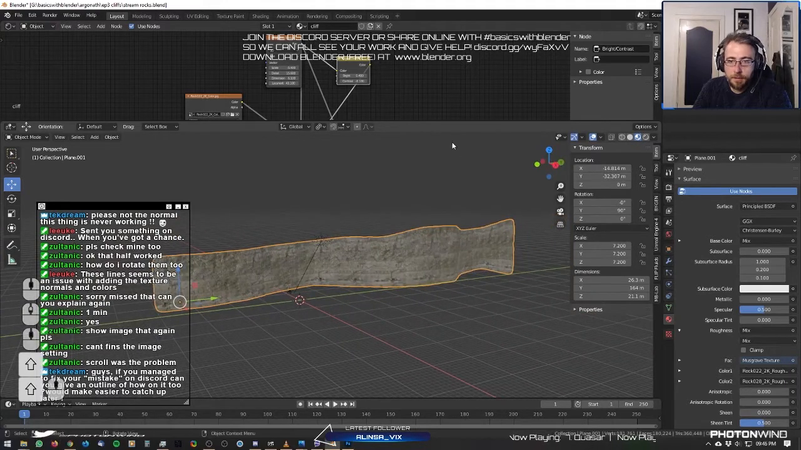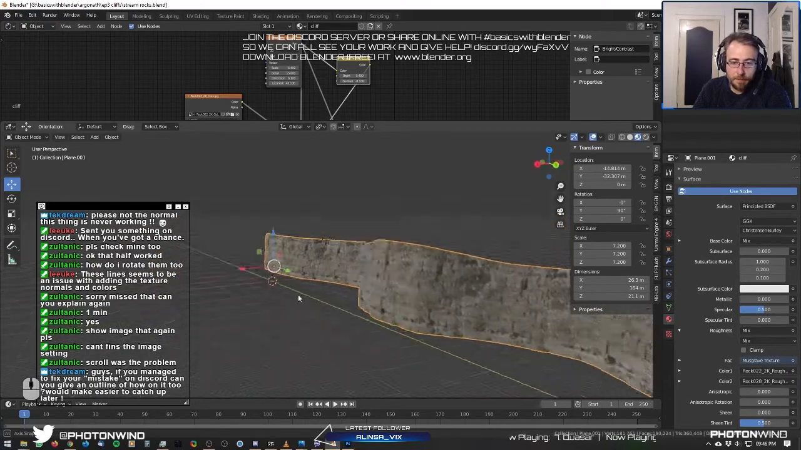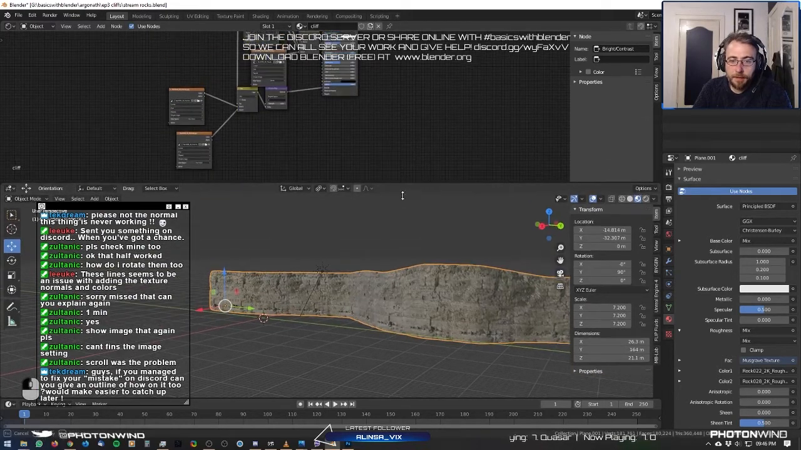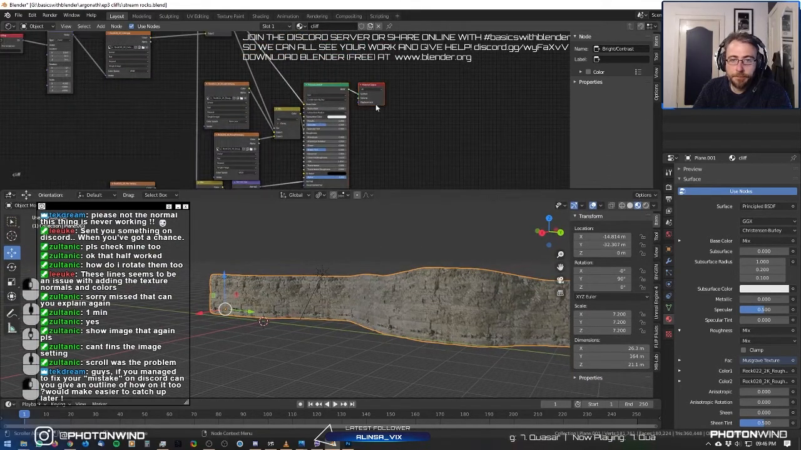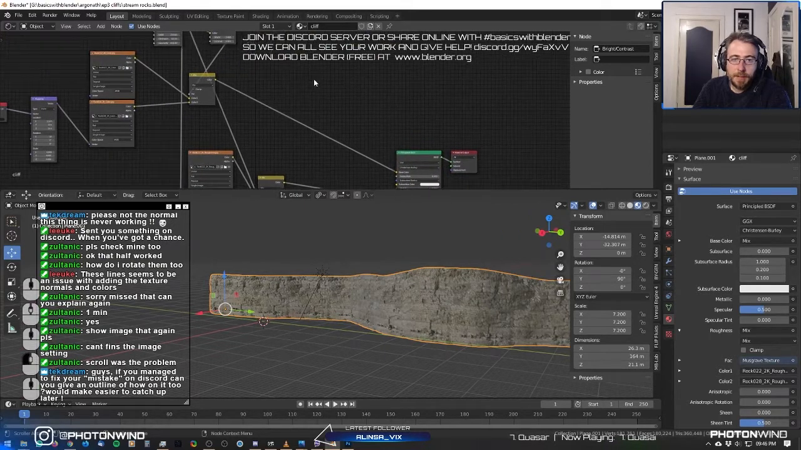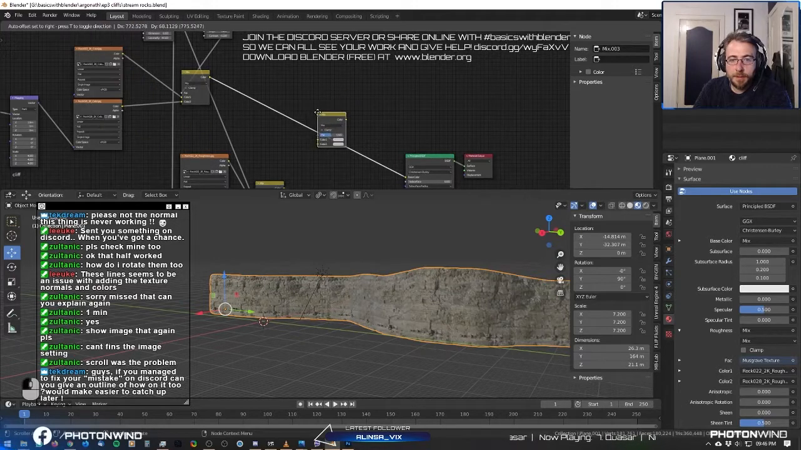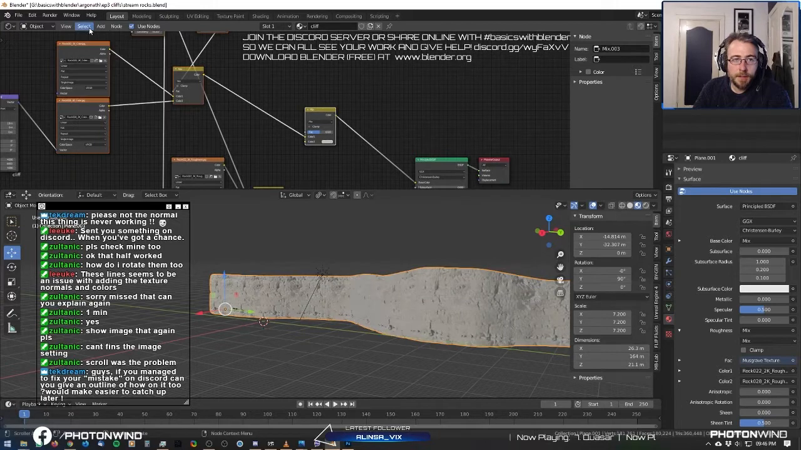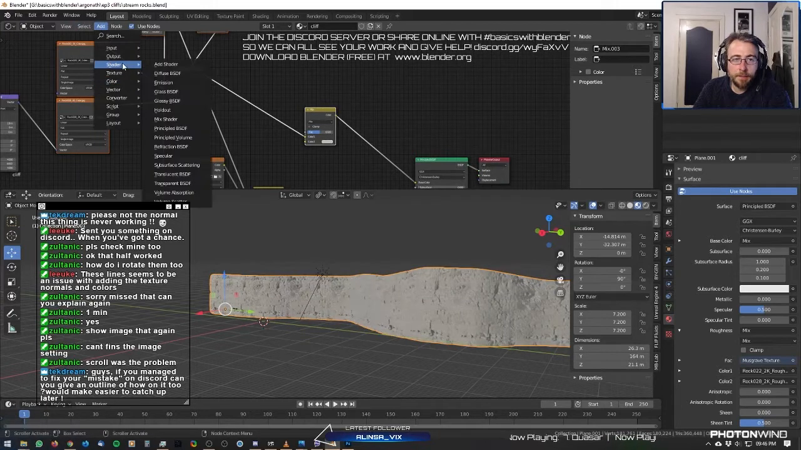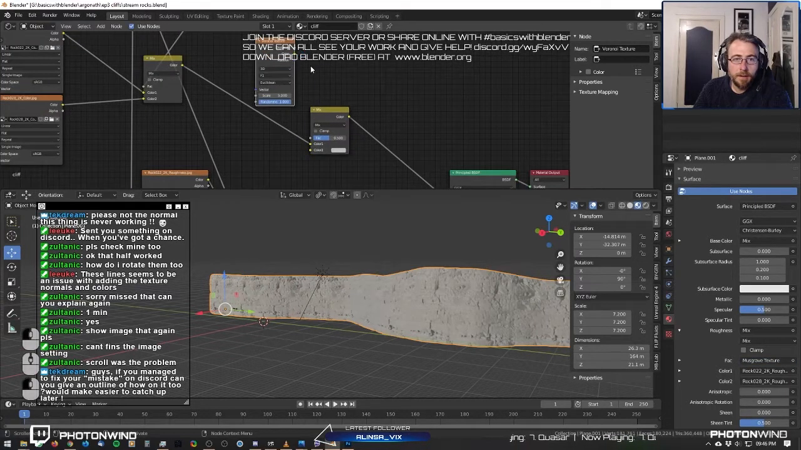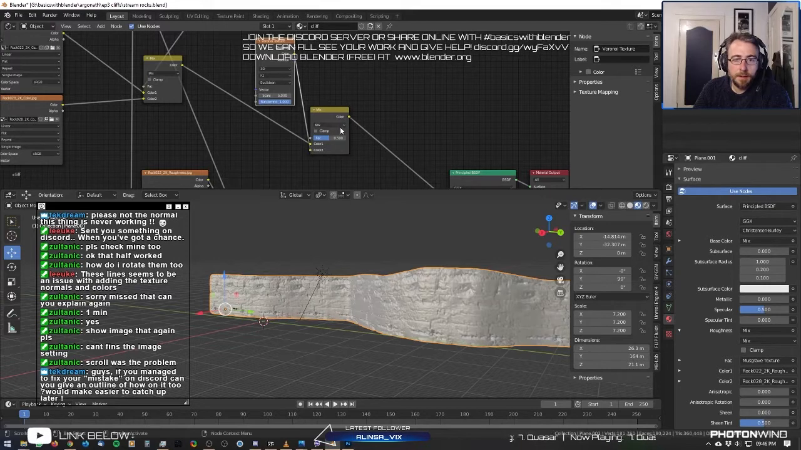And you can go extremely crazy. You can add multiple levels of noise, and maybe you now want to add even more. So you can add another mix RGB, and we go to the base color, and then we can just directly add, let's use a Voronoi texture. Use that output in this,